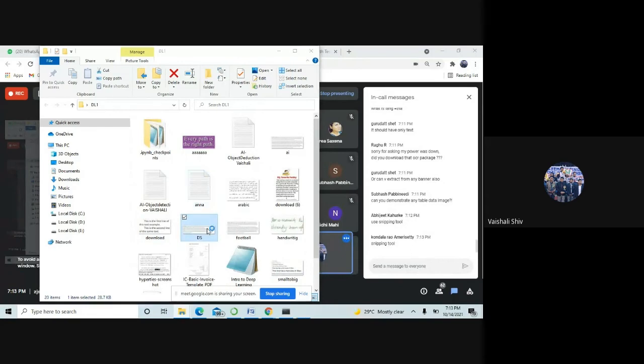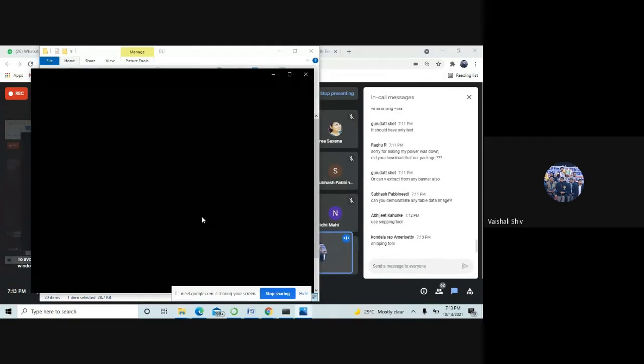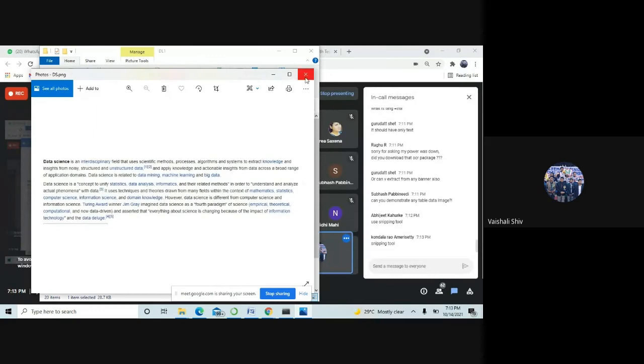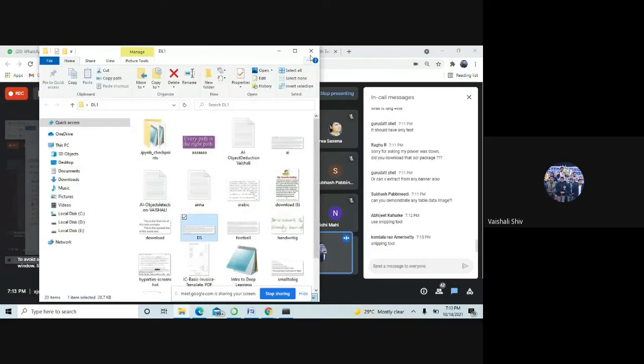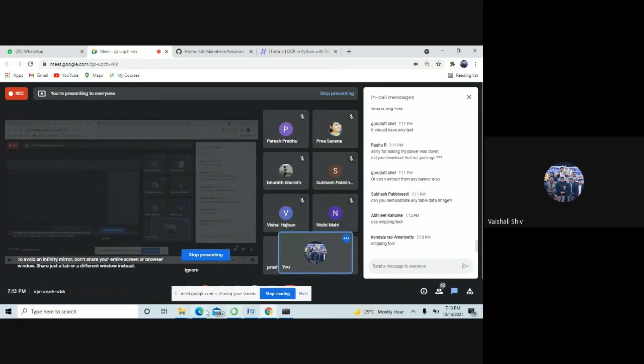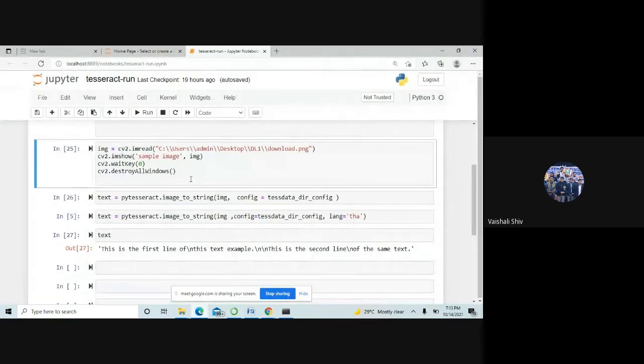This is my image, and we will see how it will work with this. Copy path, and I will paste that over here.